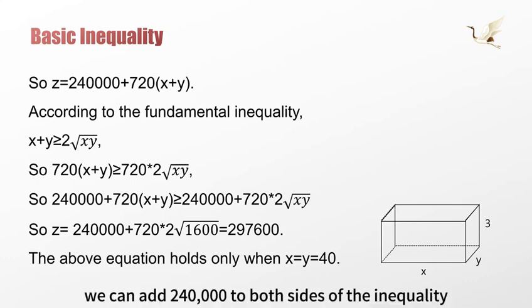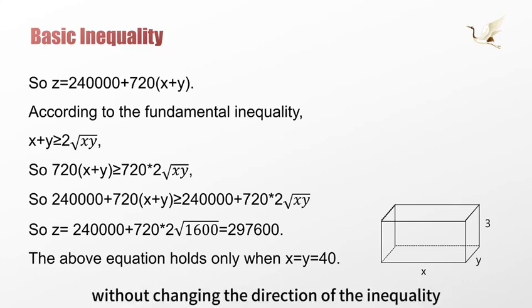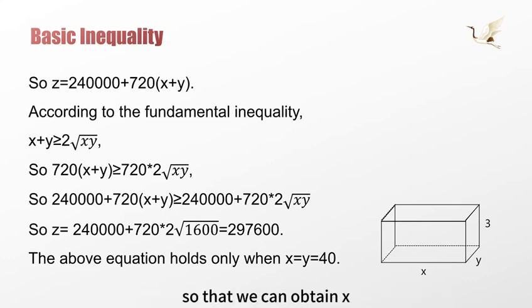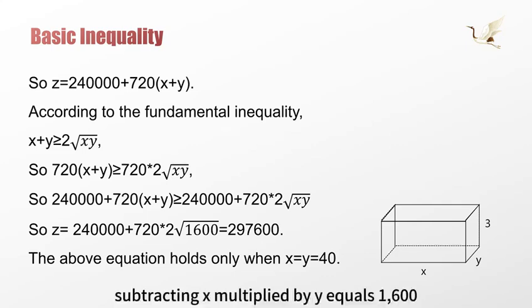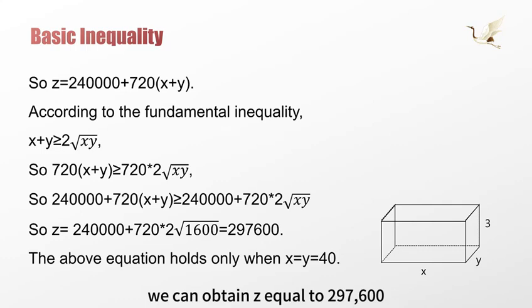Then we can add 240,000 to both sides, again without changing the direction, so that we obtain z greater than or equal to 240,000 plus 720 times twice the square root of xy. Substituting xy equals 1,600, we obtain